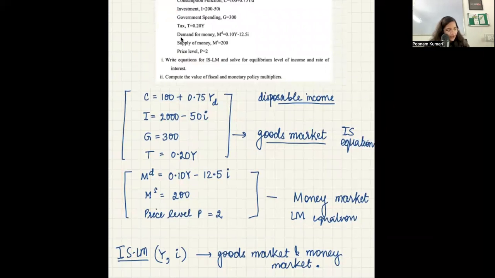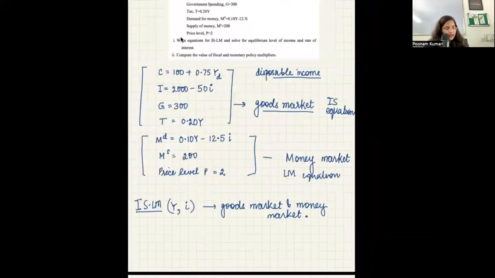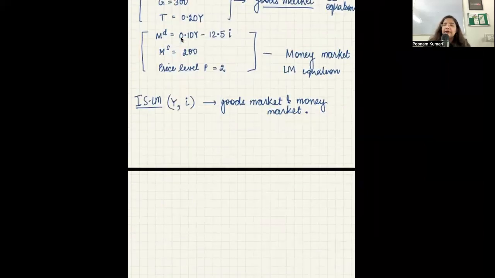ओके, ऑलराइट. तो सबसे पहले तो IS इक्वेशन अगर हमें निकालनी है तो देखो हमें क्या चाहिए. वी नो एग्रीगेट डिमांड शुड बी इक्वल टू सप्लाई, राइट. सो हमारी जो डिमांड है, गुड्स मार्केट equilibrium